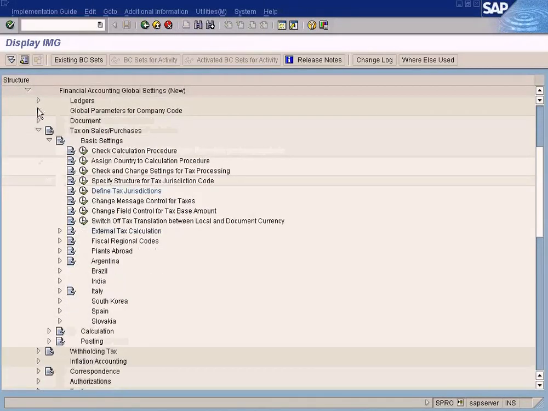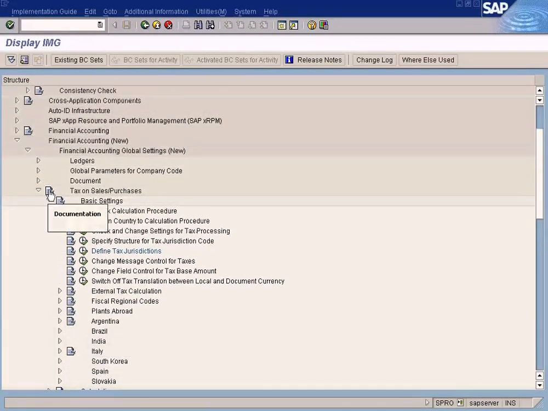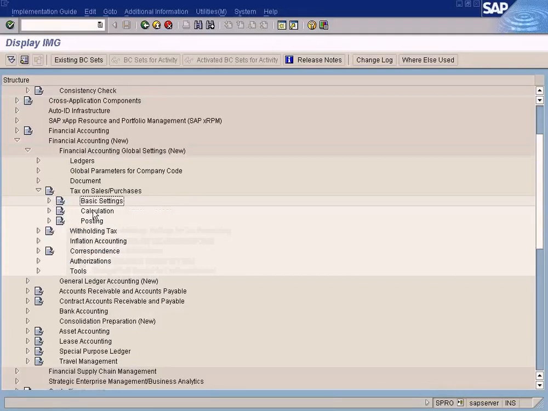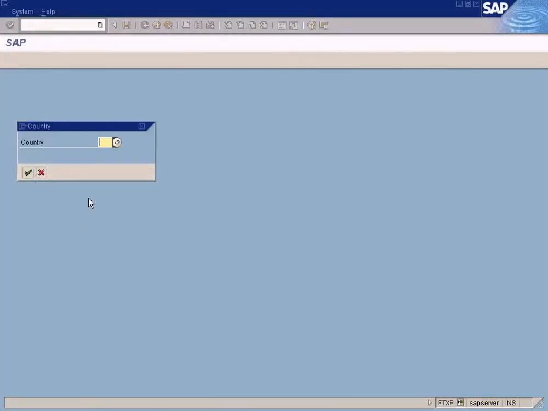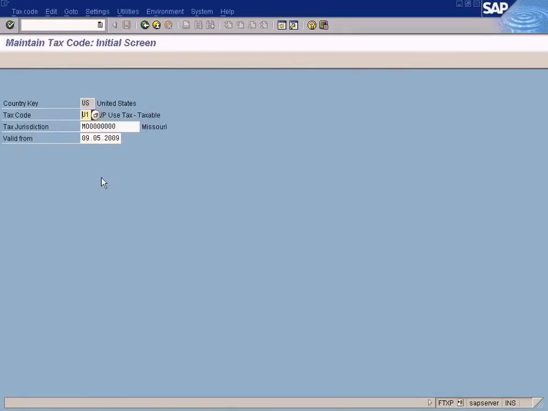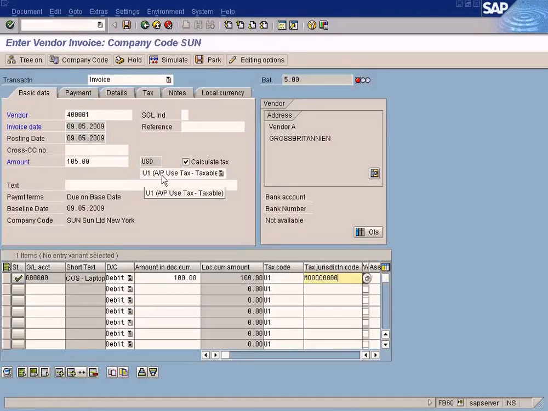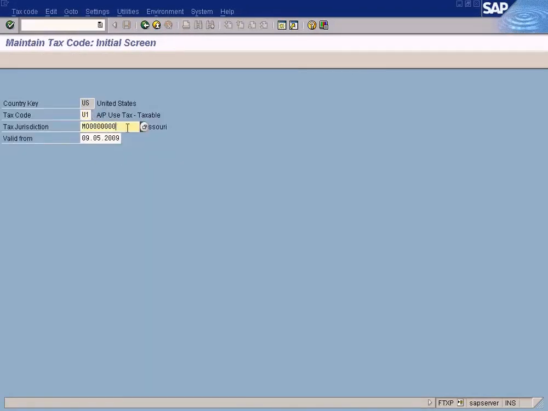For that you need to go to, sorry, let me just close this, too many things open. Okay, it's under financial accounting, basic settings. Close this, go to calculation, define tax codes, click this, enter US again. Alright, this is the tax code you have selected, right? Here U1, and then here you have to select the respective tax jurisdiction for which you want to enter a rate.